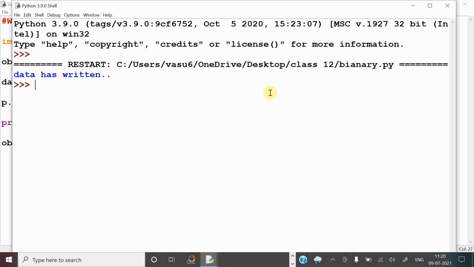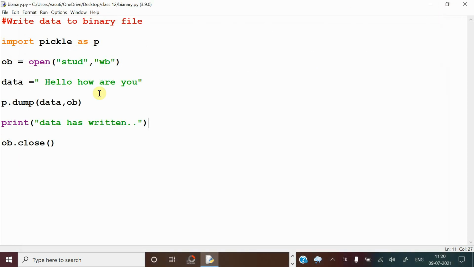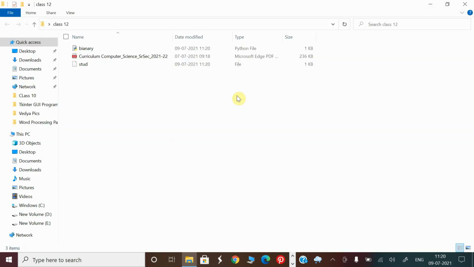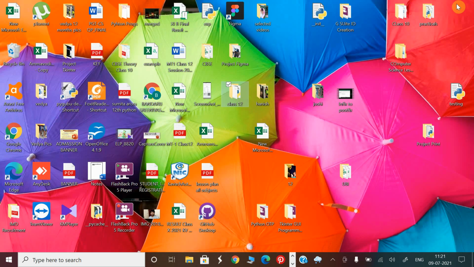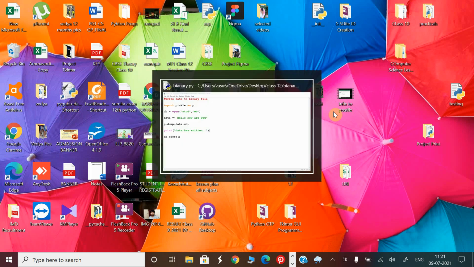The program has been executed successfully without errors up to the last line. Now what will happen with stud? If the file is not there earlier, a new blank file will be created, and this data will be written within that file because I am opening the file in write mode. If the file already exists, then the existing data will be removed and data will be added from the beginning. All of you know about this concept. Now, as usual, open the folder and look here: one stud file has been created just now. Within that file, data will be stored in the binary format. Now let us see whether data has really been written to that file or not.